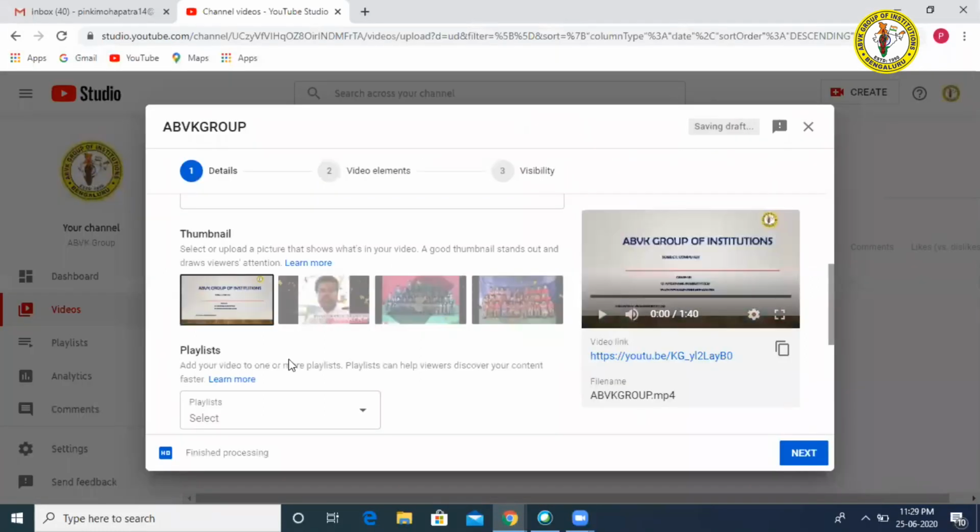Okay, now this is going to be the first page or thumbnail. So it is common for everyone. You only need to change your subject name, class name, then your details, name of the teacher and the chapter name. This much only has to be changed. All other things will remain the same for everyone.